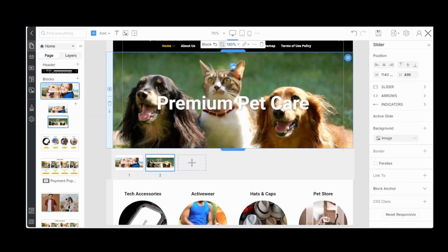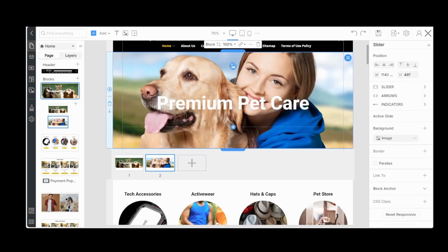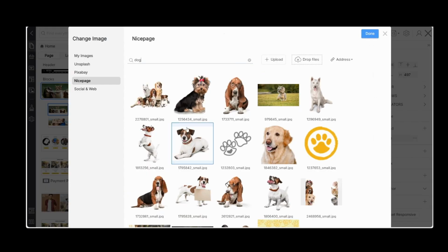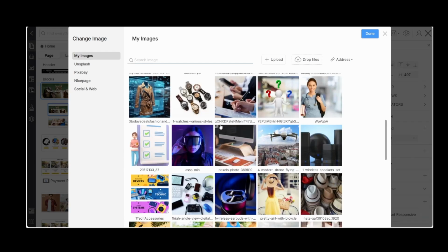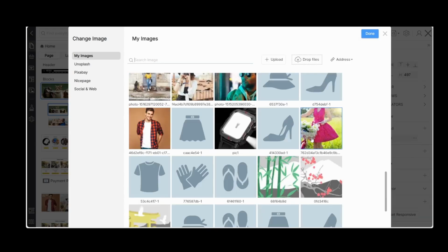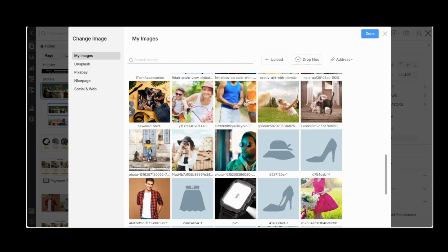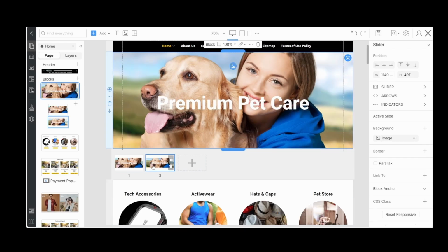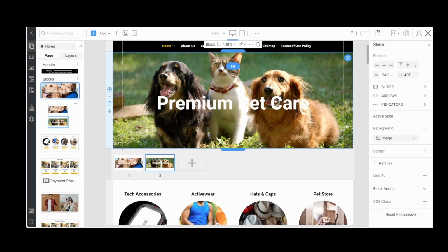And let's continue on. So I actually want this as header 1 slideshow. So I'm going to go to header 1. I'm just going to replace the picture. Go to My Images and find the image that we just installed. I like that. That looks good. Now let's go to slide 2 and let's swap this out. And that looks good. I like that a lot better.